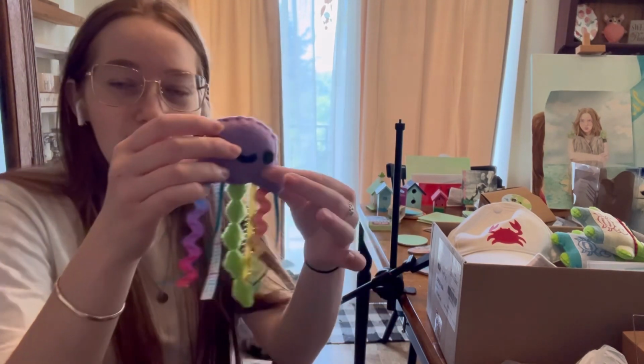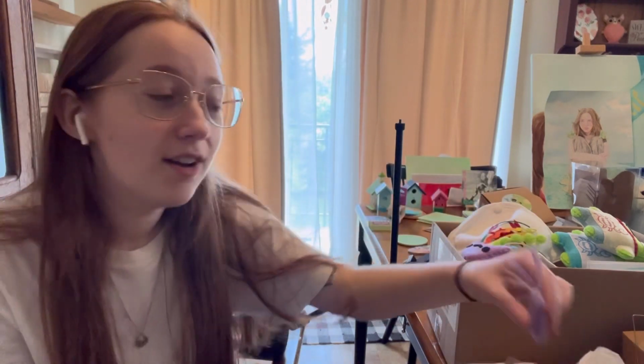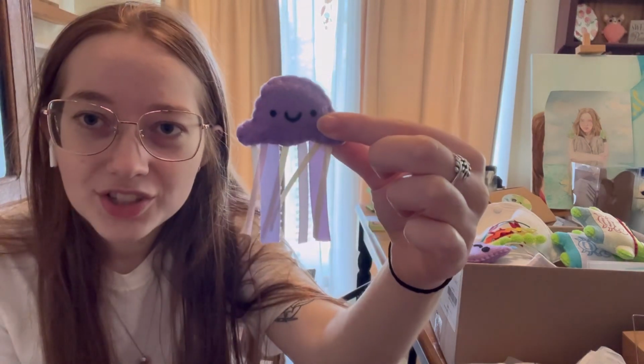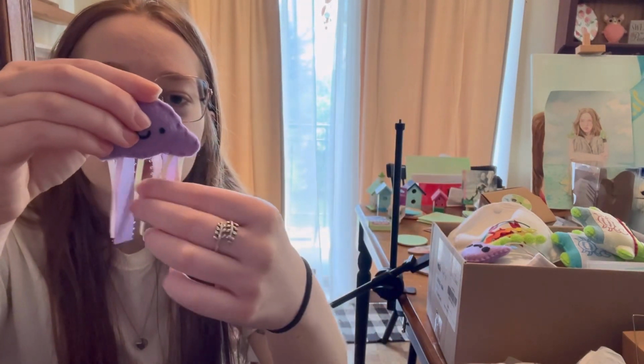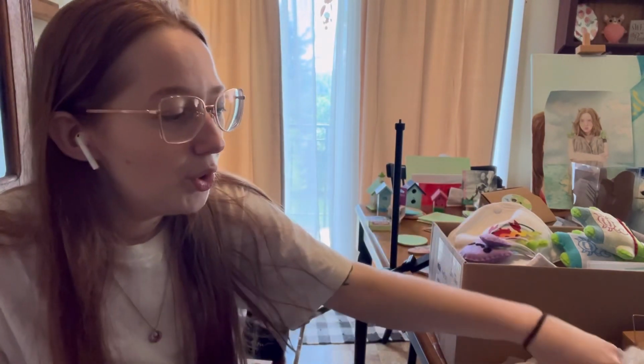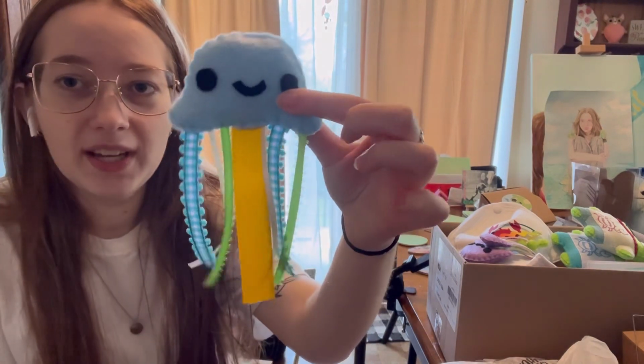But I have all of these little jellyfish. I absolutely love these, honestly. They were so easy to make, but for whatever reason, they're just super cute. This one ribbon also always just goes across, and that kind of bothers me, but what can you do? I think it'd be cute to do